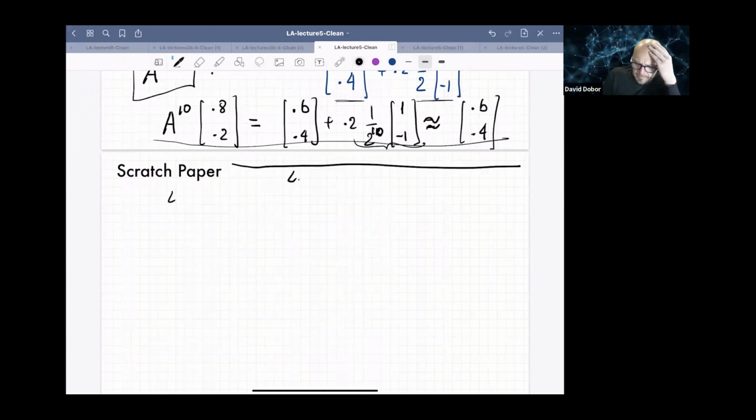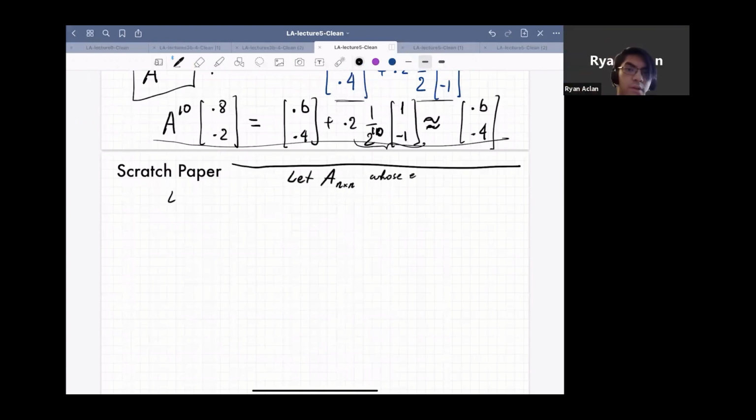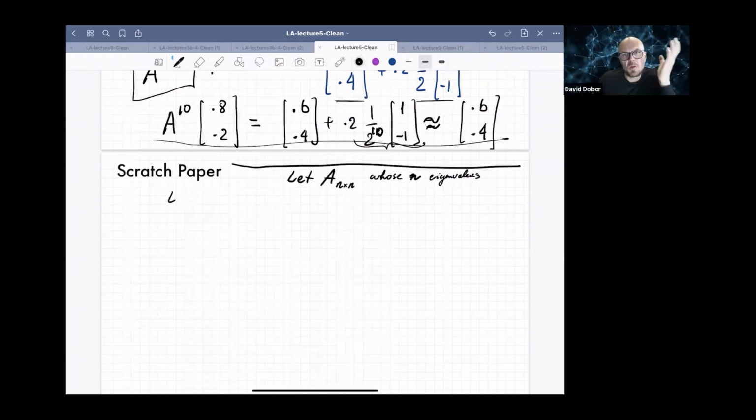Let A be an n by n matrix. How many eigenvalues does an n by n matrix have? Yeah, it has n eigenvalues. Now, again, some of these may be repeated, some may be complex, but you'll have n eigenvalues because the characteristic polynomial is a polynomial of degree n, and that will always have n roots. So let those be lambda 1, lambda 2, up to lambda n, the n of them,